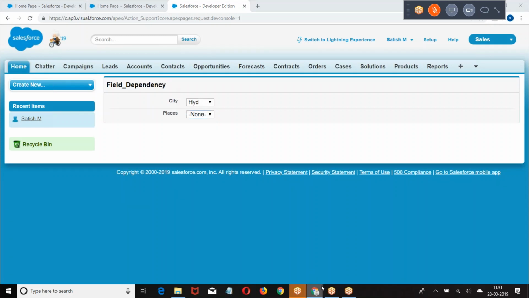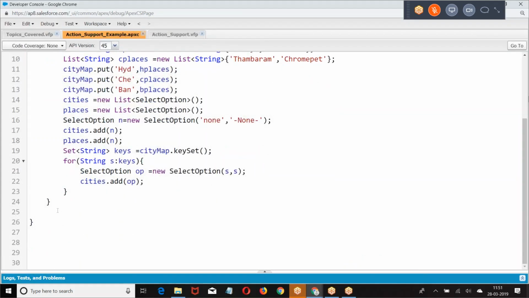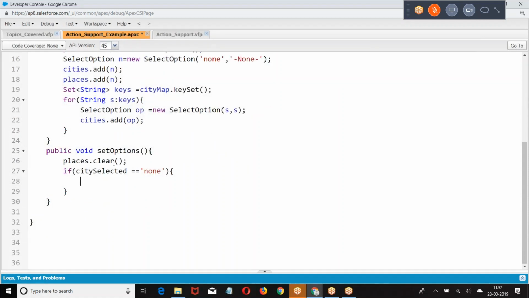So let us see this example here. I am creating a method here. Public void. I'm giving if first this is dot if city is selected equal to, if you have selected none, if you have not selected none, then what should I get?